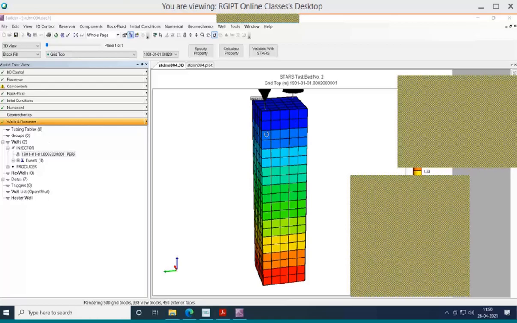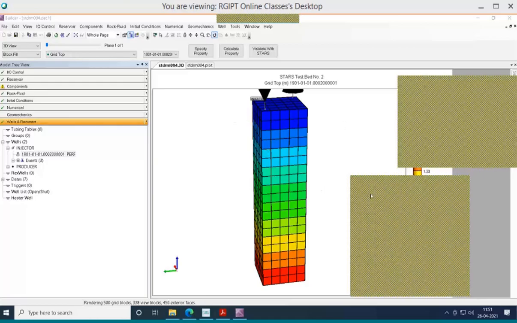You just need to create the perforation of the injector and producer accordingly. That means a horizontal injector you will be giving like this, and below that a horizontal producer. In each and every block you just keep the perforation. That's it. Okay, are you able to do the SAGD, steam injection, and in situ combustion, all these things? I hope so.